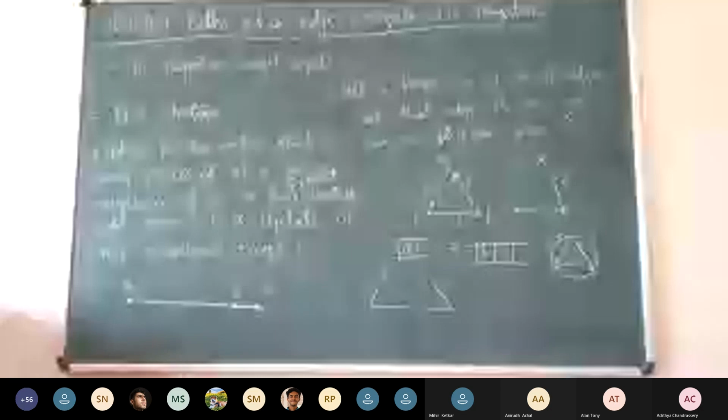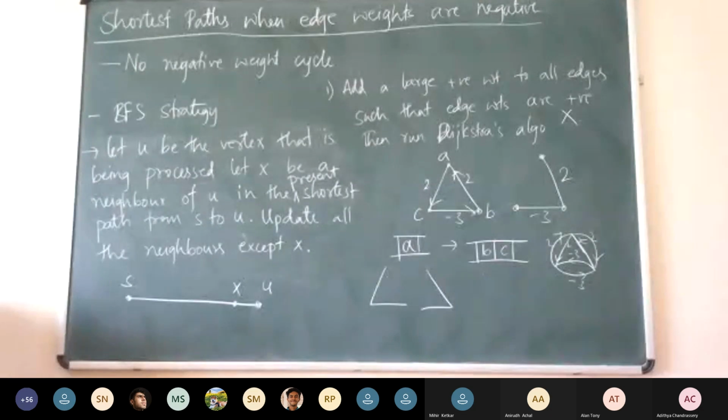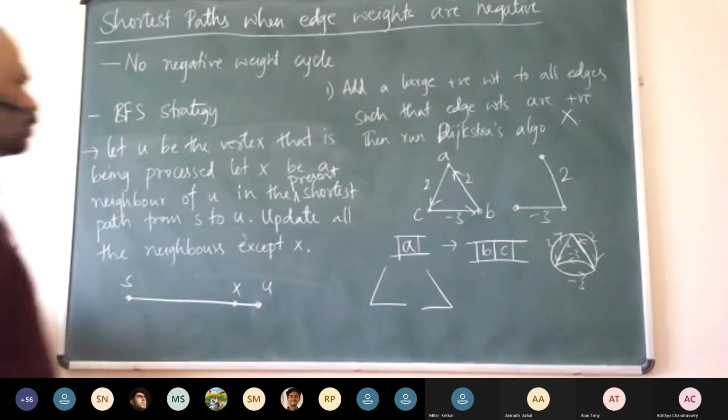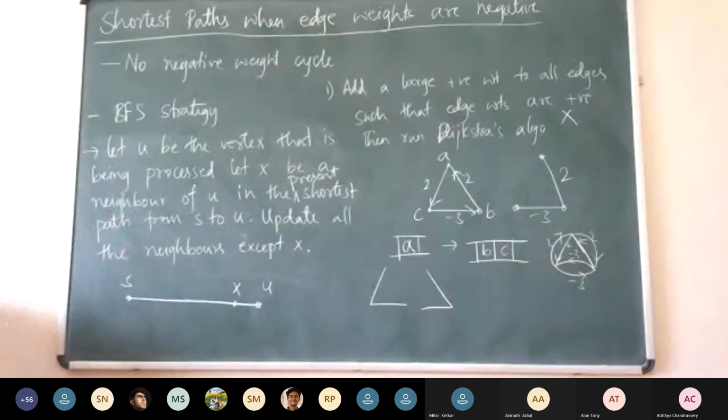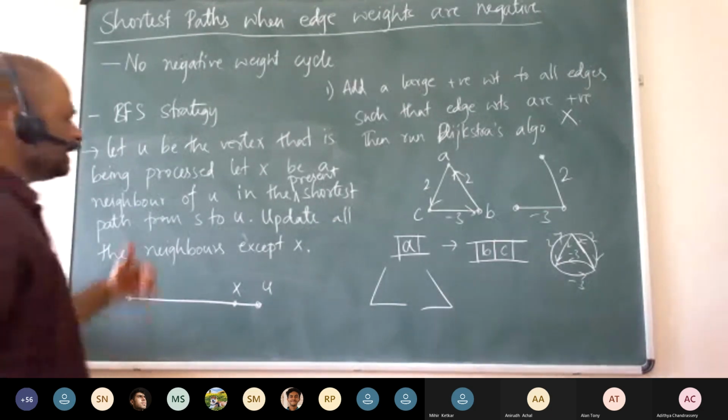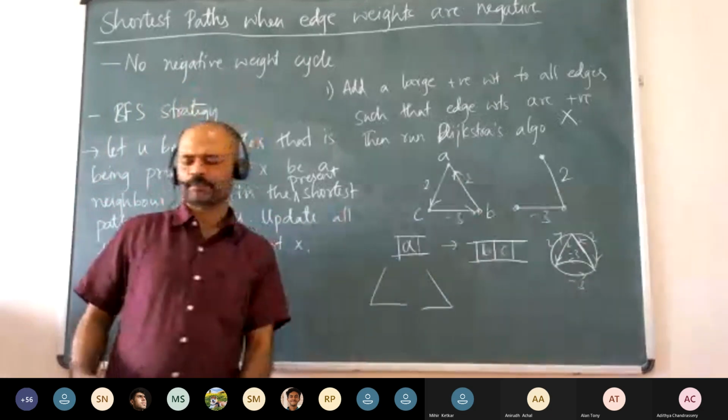And give it the same weight, right? Which means that you can go from here to there and there to here, right? So that is what we mean by a directed graph. Otherwise it can be any. So this is one way of converting an undirected graph to a directed graph, okay?